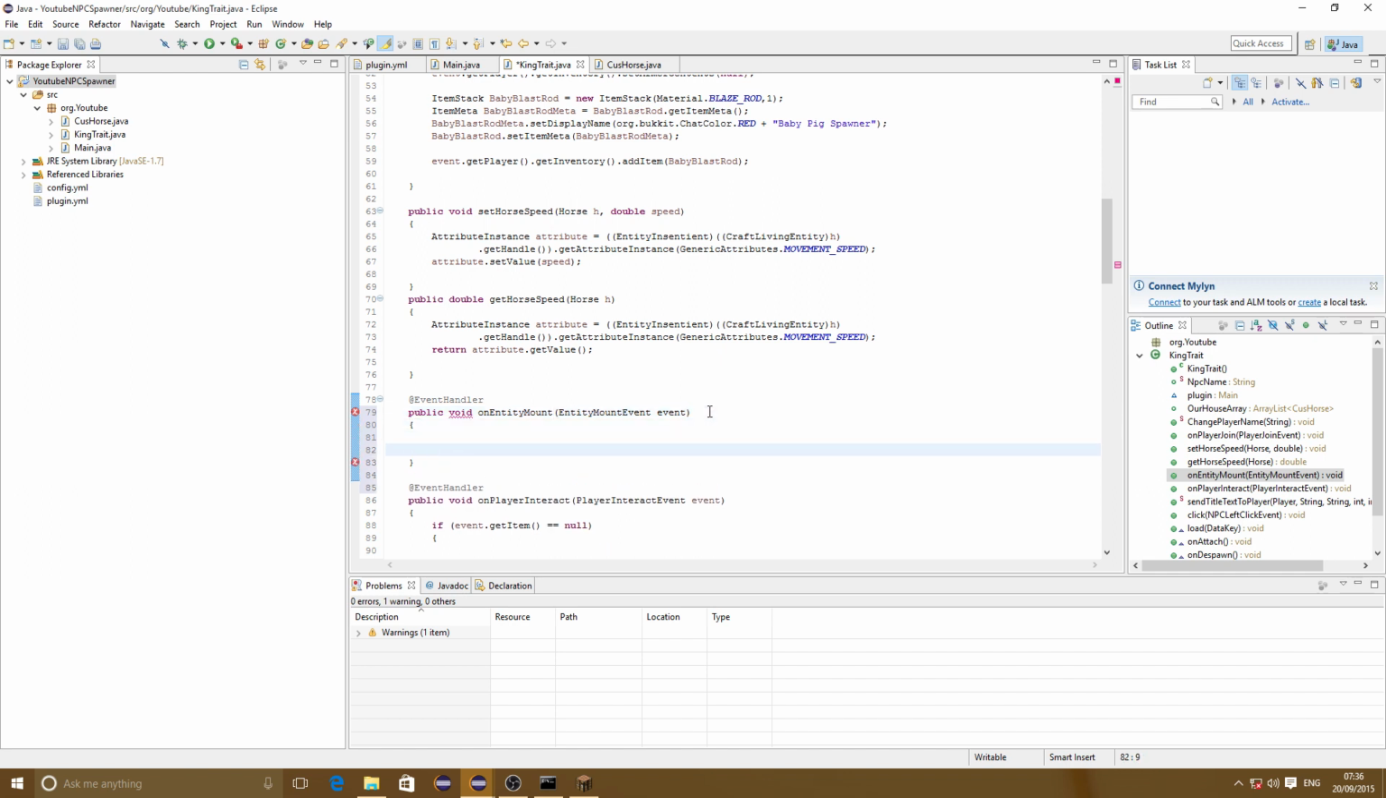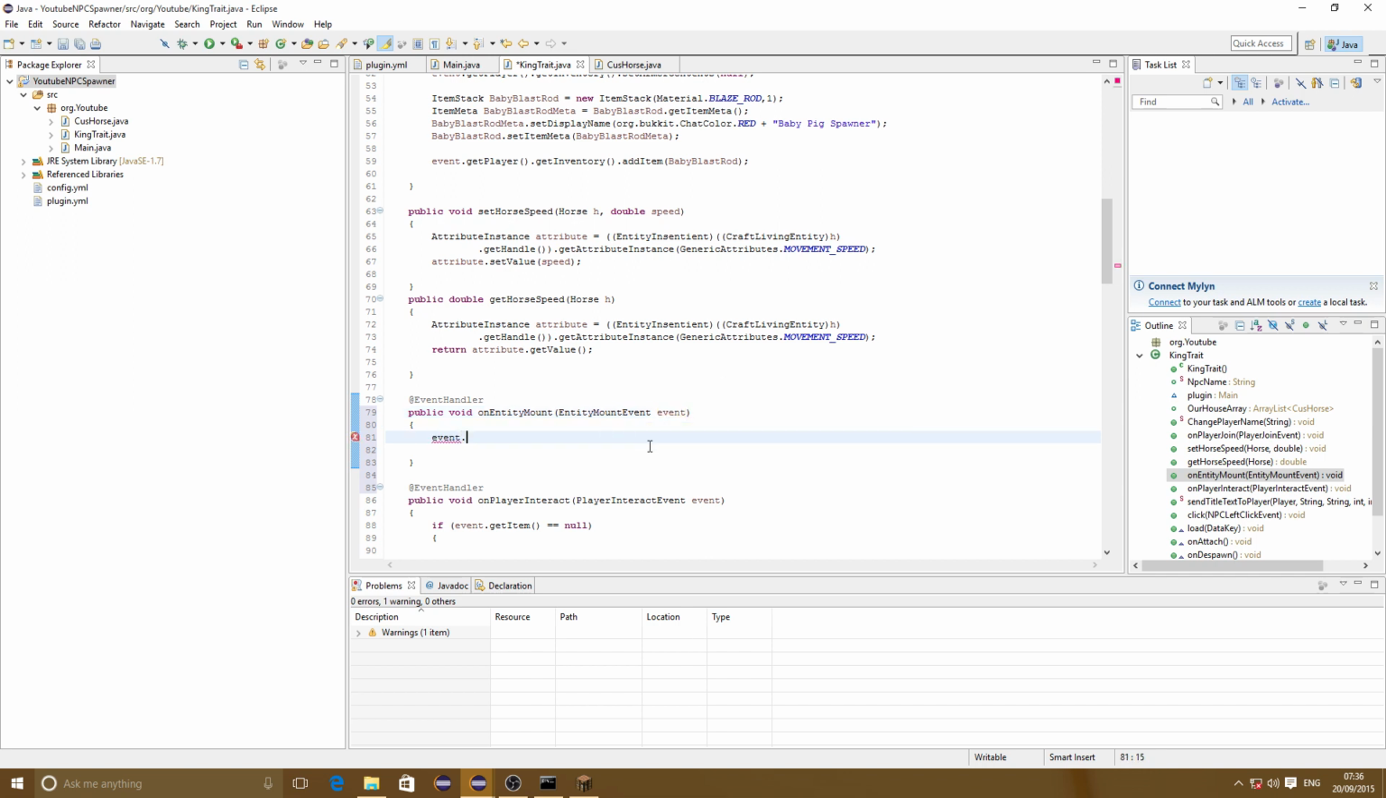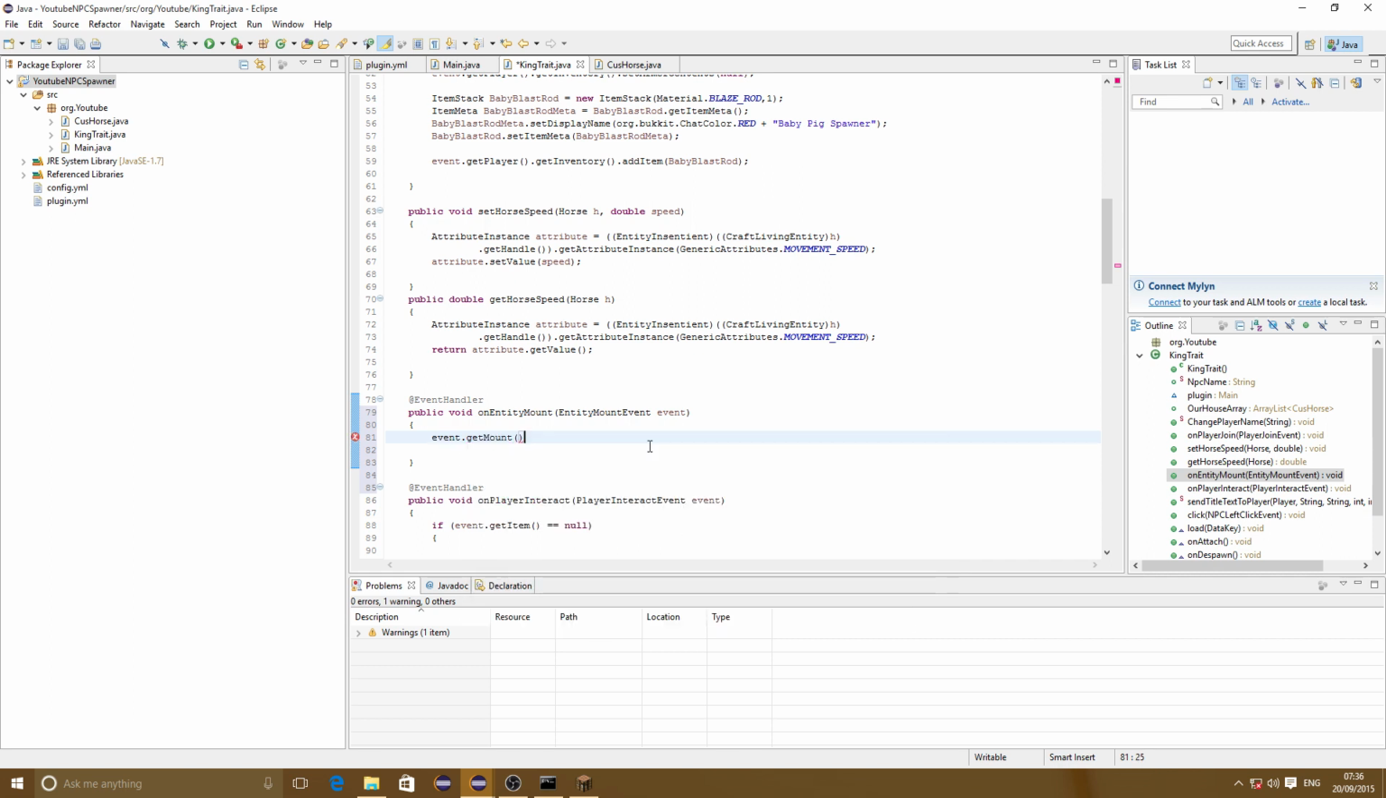Open and close. Every single time the player sits on an entity, it's going to trigger this event. So first we're going to get the event's entity type, or rather the mount, to make sure it's an actual horse. So if the get mount